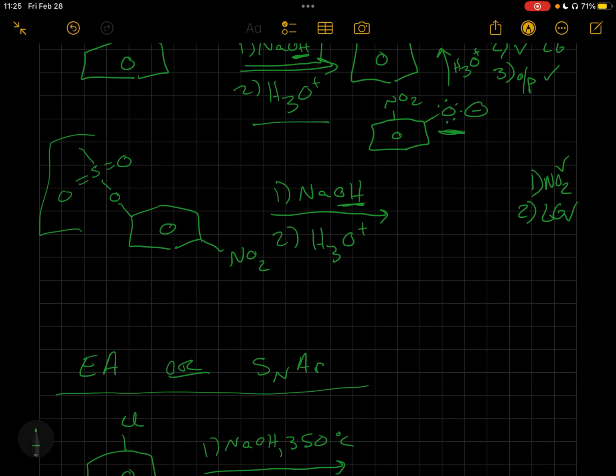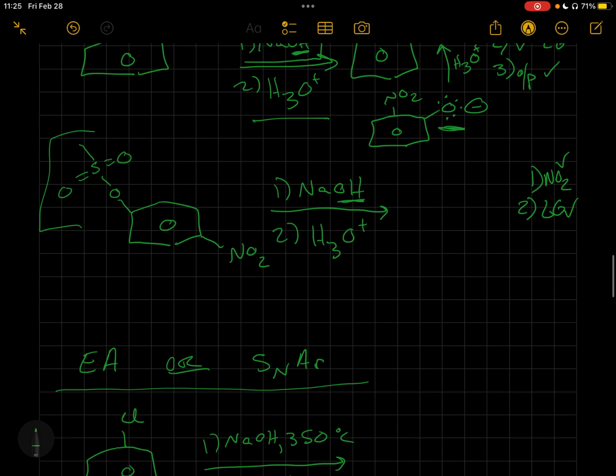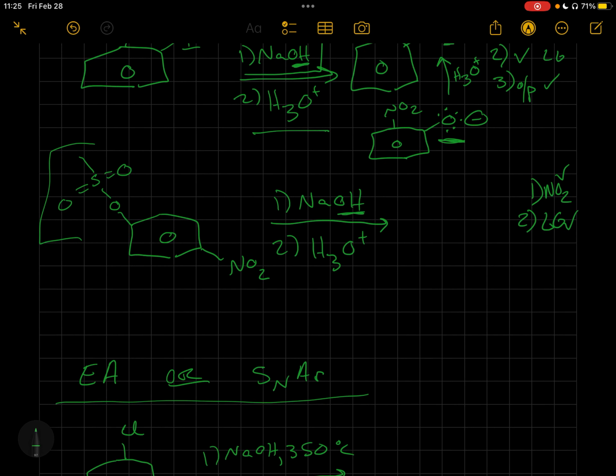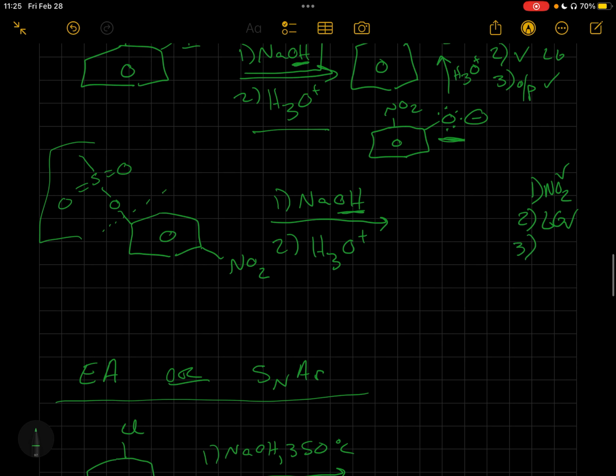Having that sulfur with the 2 oxygens, you can picture how the group that I just drew a line between it and the benzene would be a good leaving group because it's going to be resonance stabilized. We saw this way back last semester. It's been a while. That's why I wanted us to work through this together. But we do have a leaving group, and then we also have